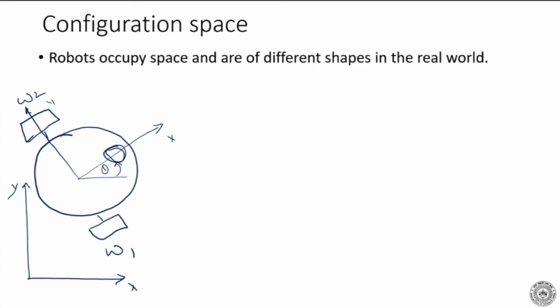So this is a circular differential drive robot, driven by omega 1 and omega 2. It goes forward, and it can turn simply by changing the ratio of omega 1 to omega 2. Now we have another kind of robot, which is